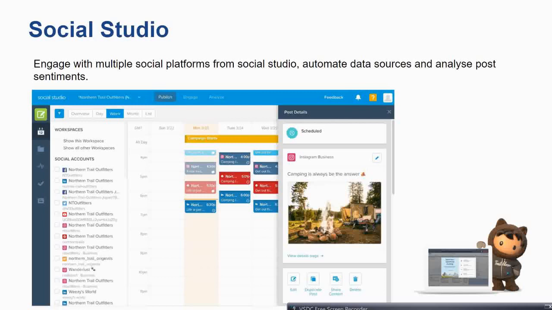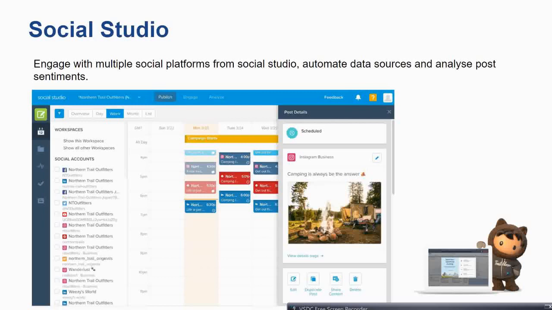This is a marketing tool which can be used to manage multiple messaging or social channels. There are so many social channels like Instagram, Facebook, Twitter. Now imagine there are 100 accounts and you have to manage all of those. This could really make the work easy, as there is a common page or dashboard where you can look through and answer directly or post directly to any channel, and this is just one platform. So what other things does Social Studio provide?